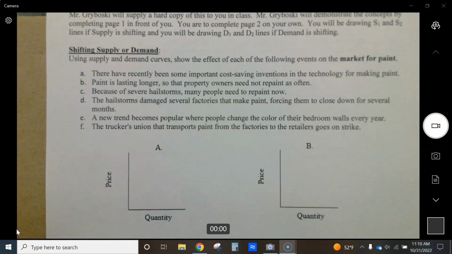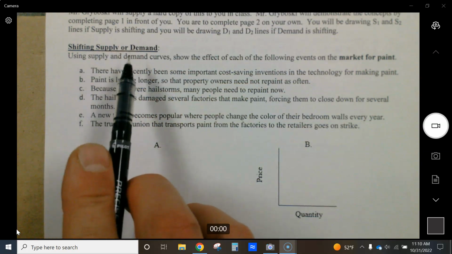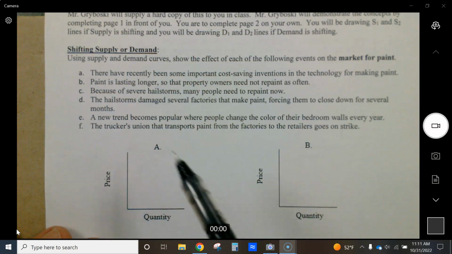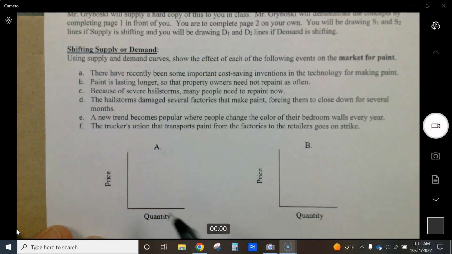Okay, we're graphing supply and demand, and more specifically, shifting supply and demand lines. For each scenario, there's only going to be one of the lines shifting, either the supply or the demand line. So before we get started and start reading the scenarios, we simply need to